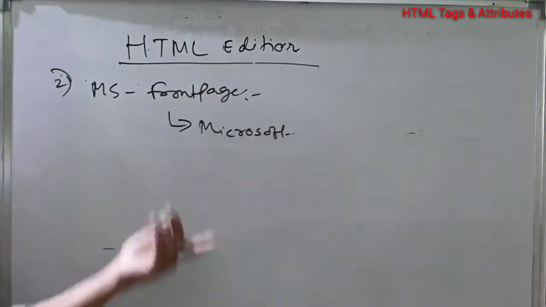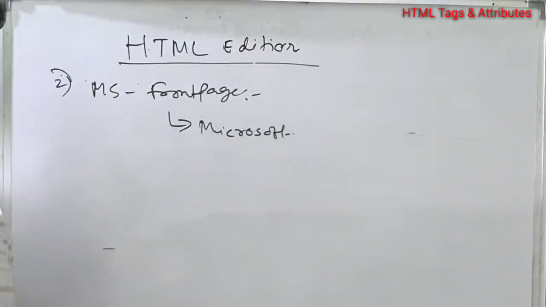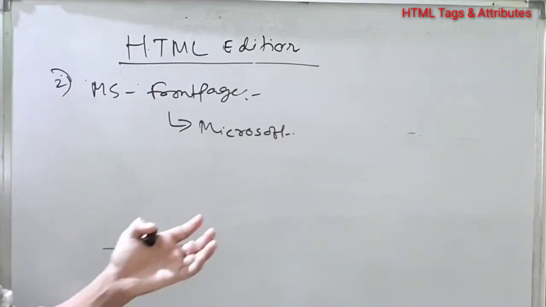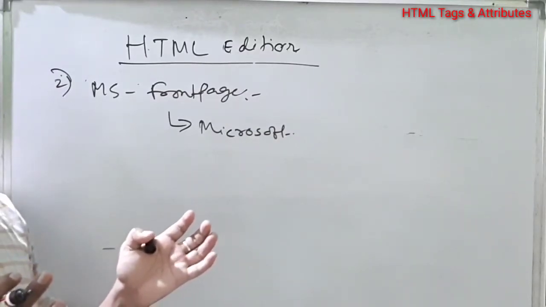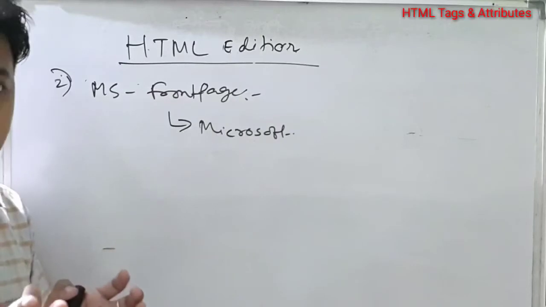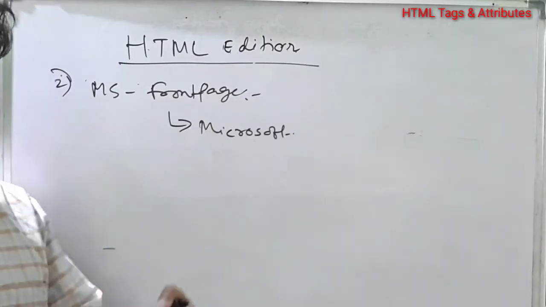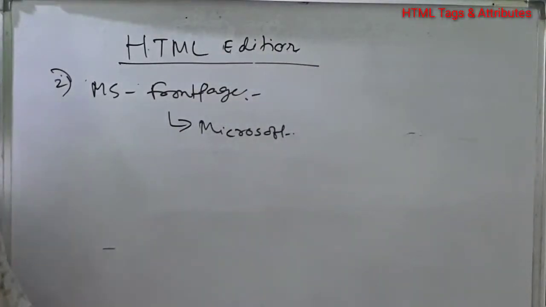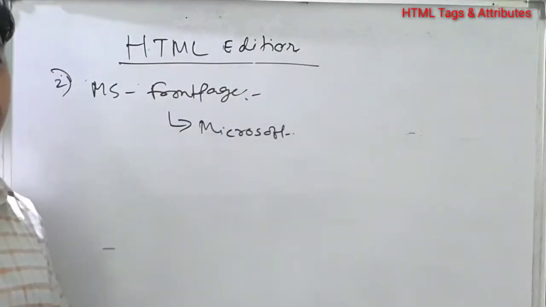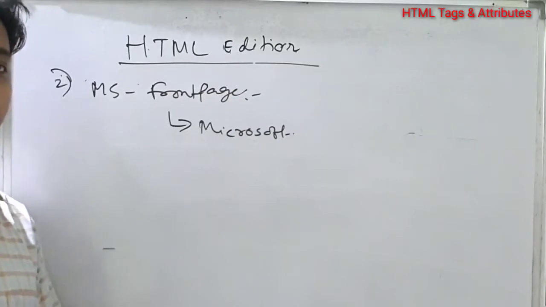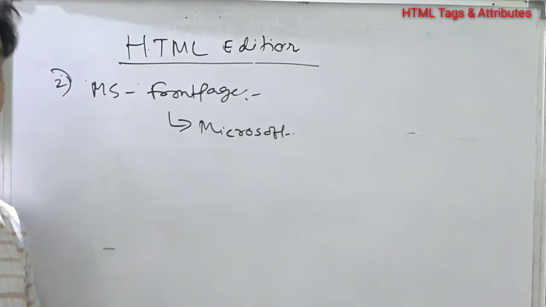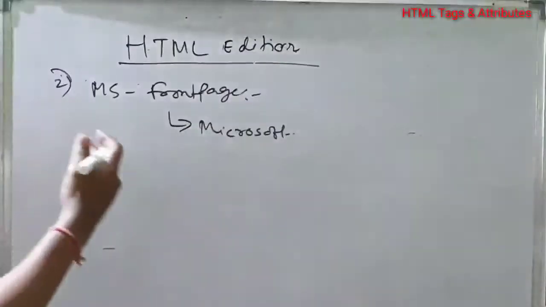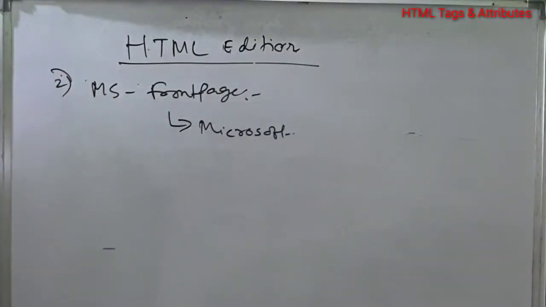You can also write the code if you want to add more features in the websites. For example, you want to create some animations. You want to create some effects. Then you have to do some extra code. For the reason you have to write some extra code. Extra code means what? JavaScript. Okay, so scripting language is very important in HTML. Okay, understand? So this is the second HTML editor.